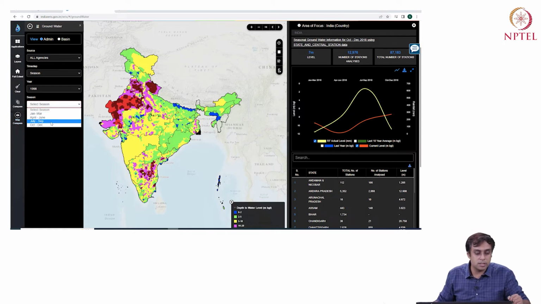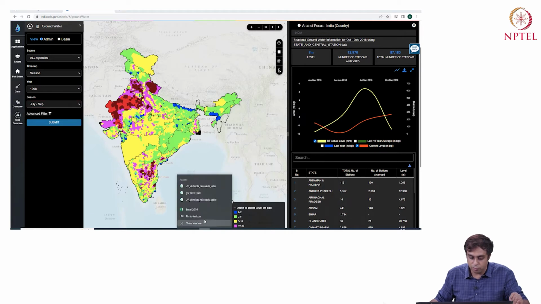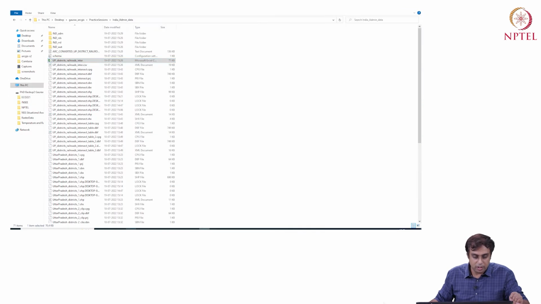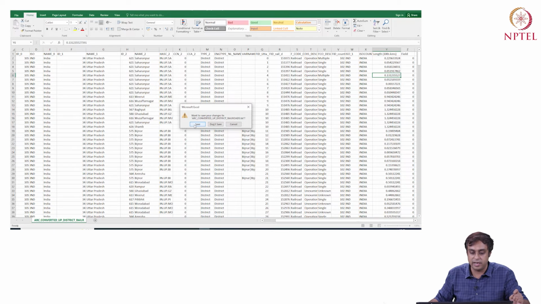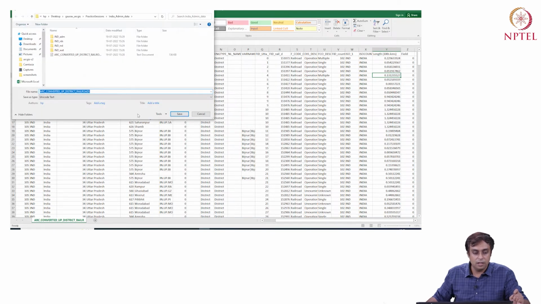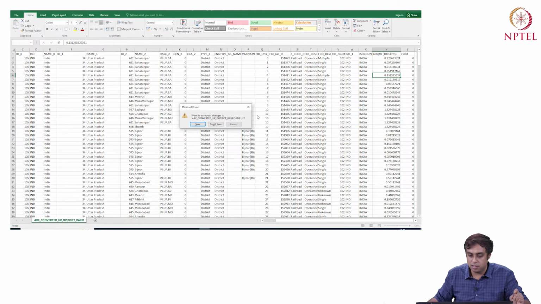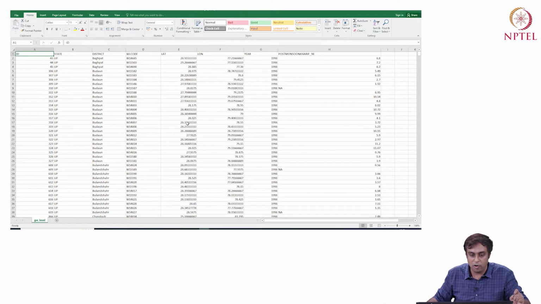Okay, so you can choose the season and you can download these data, right? You can submit a request, and you can download the data as an Excel file. So I've done that for you beforehand. I'm going to close this window and show you a data set that you can get from there. So this is groundwater levels data. Okay, there's something wrong. Okay, there we go. So here is the groundwater level data.